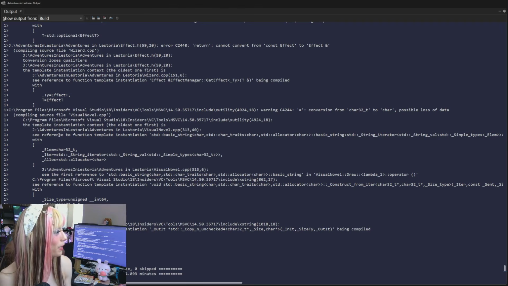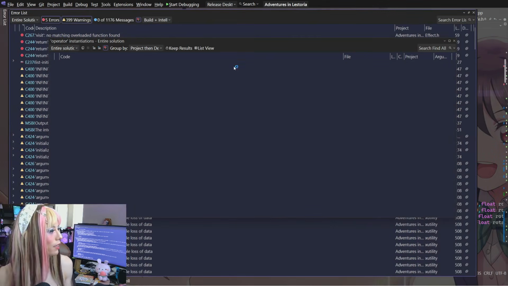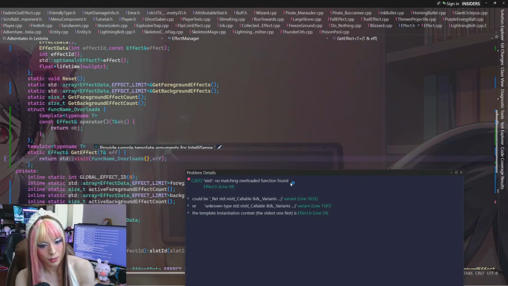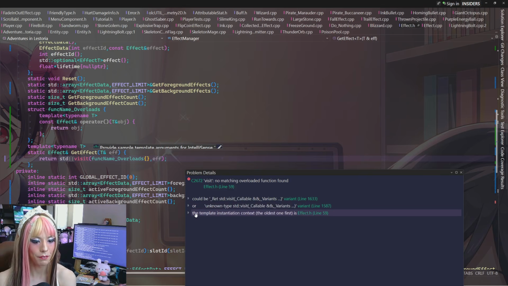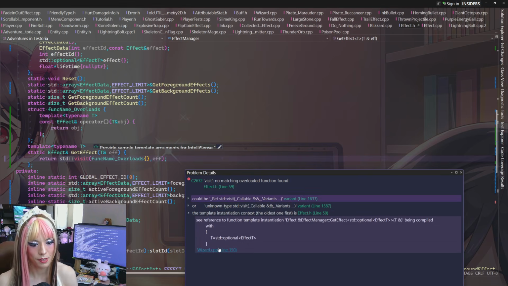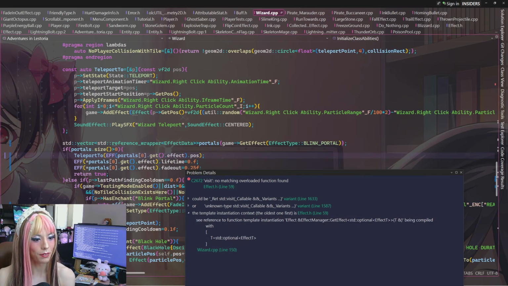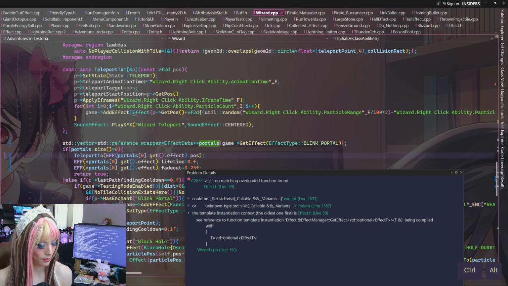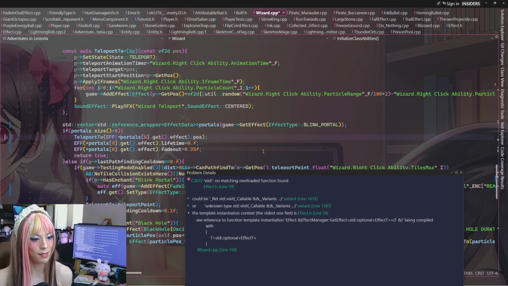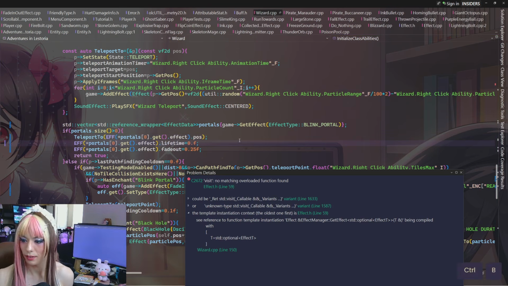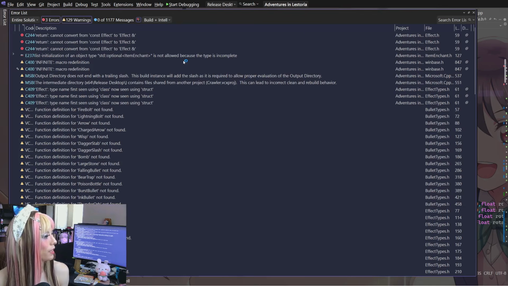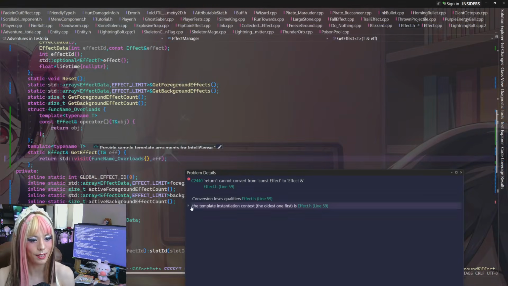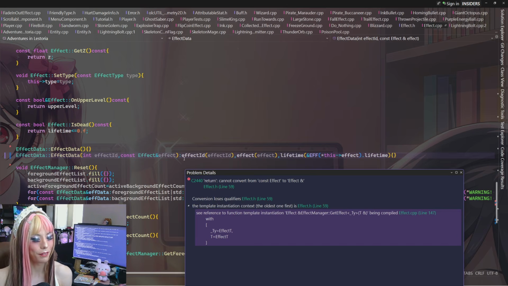Alright. Now what happened? So then we end up with these guys. No matching overloaded function found for what? With T being standard optional, uh-oh. I don't think I accounted for the optional here, so let me get rid of that. Yeah, it looks like I just missed that, which is kind of silly. Is there anything else? Then I have this. So this is cannot convert from const effect to effect reference. So this is like the opposite of what I had before, which is